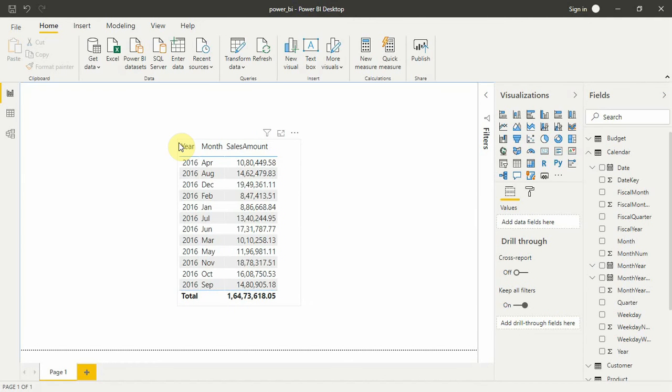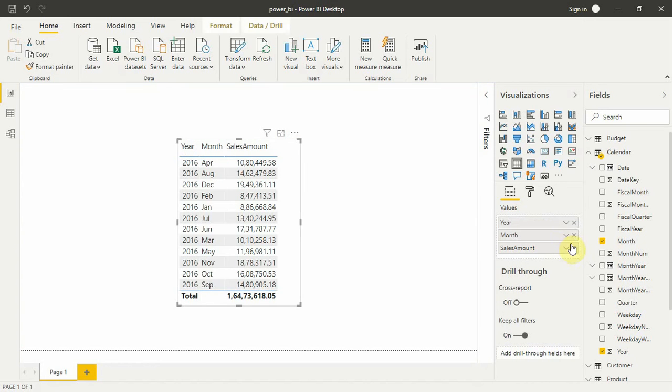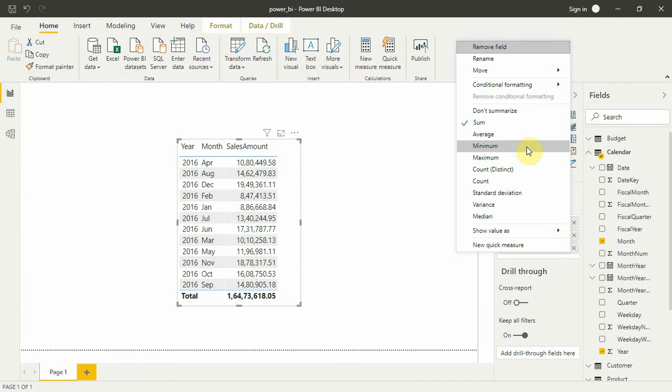So we are back with DAX. DAX is Data Analytics Expressions, and it is Power BI's formal language, and it's incredibly powerful. You might have already performed DAX, as in sales amount. I'll show you. In sales amount, Power BI selected sum for us because Power BI thinks it's best to do sum in this table. You can take average, minimum, maximum, you can even take don't summarize.